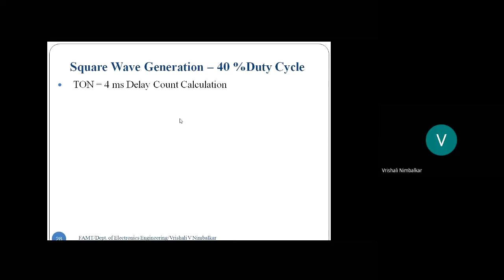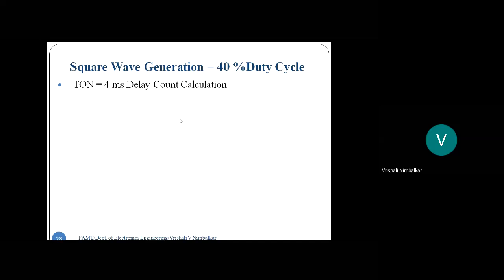And then how will I be writing the program? Generating a square wave, set P1.7 bit, right? So set means sending logic 1. For how long will I send logic 1? For 4 milliseconds. Correct? So we will set P1.7 bit and call the timer delay program to generate a 4 millisecond delay. Then we will clear P1.7 bit and we will call the timer program to generate a delay of 6 milliseconds.